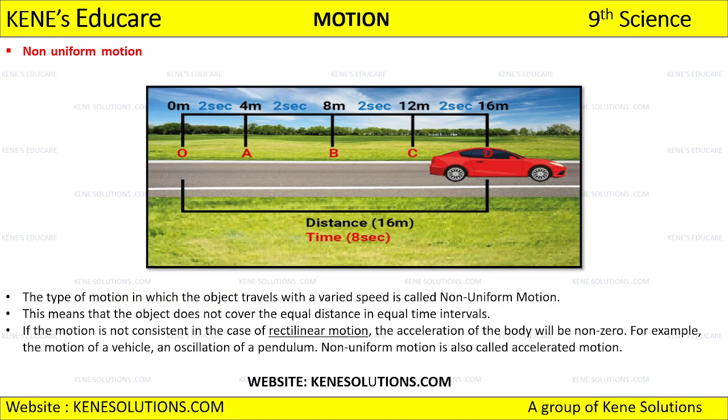After this, we have non-uniform motions. The type of motion in which the object travels with a varied speed is called non-uniform motion. Now you have to compare both the pictures. In that picture, the car took